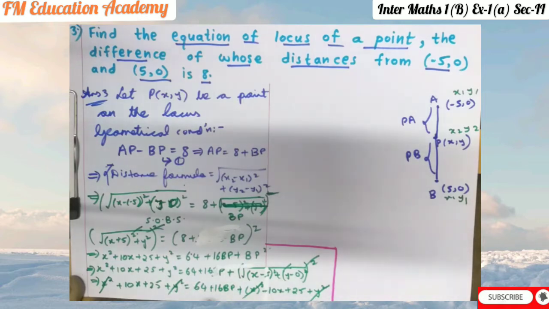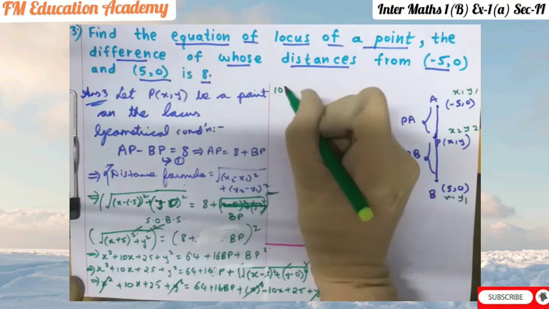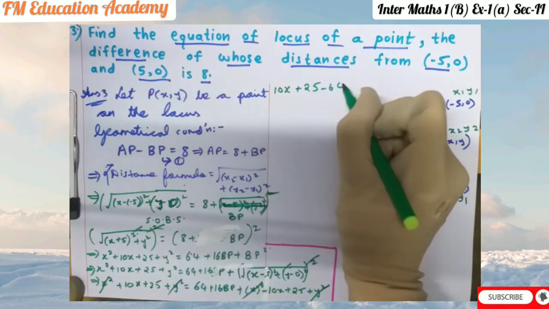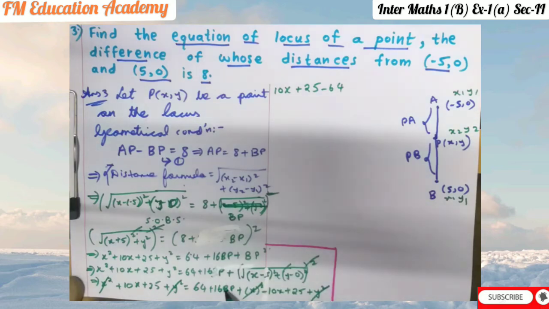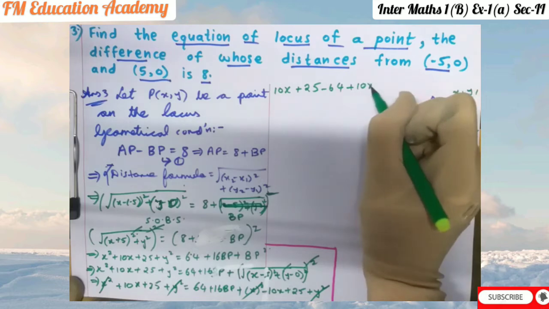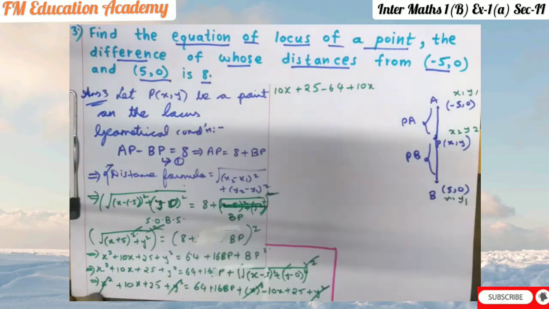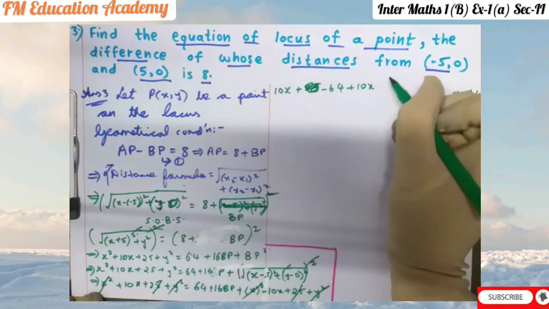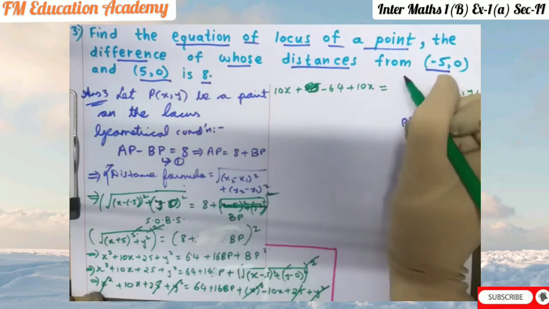We'll bring all the terms on one side. We are left with 10x plus 25 plus 64. If it comes this side then it becomes minus 64, and only 16 BP we will keep on the RHS. Minus 10x, if it comes this side it becomes plus 10x, plus 25 if it comes this side. Okay, here what we can do is 25 and 25 is present on both sides, so both can get cancelled, right? 25 and 25. Next we have is equals to 16 BP